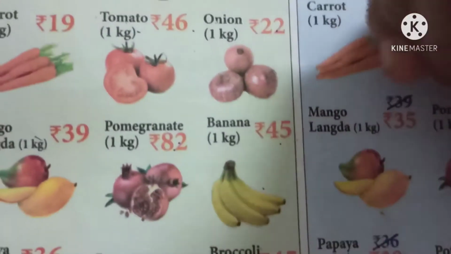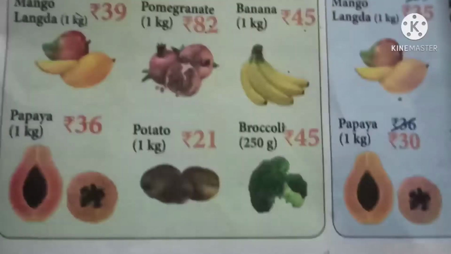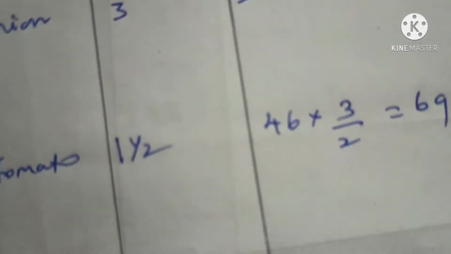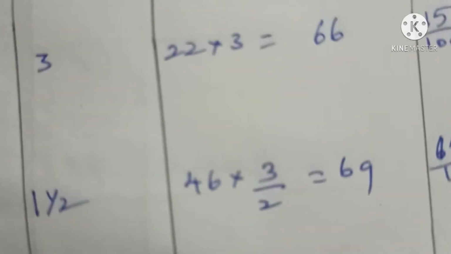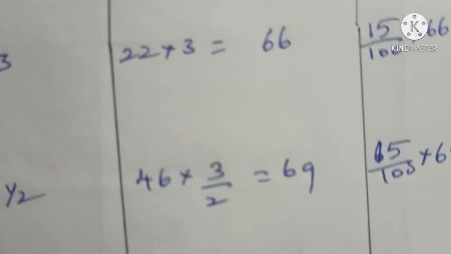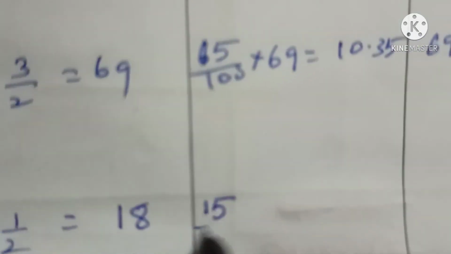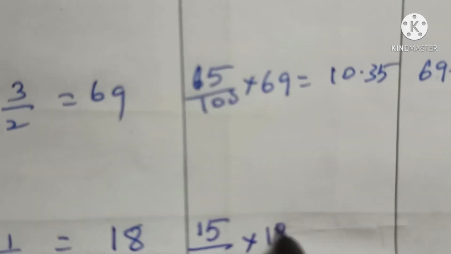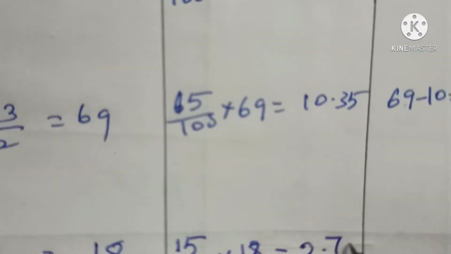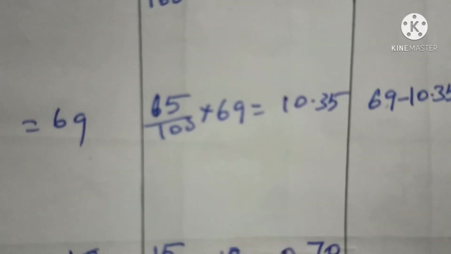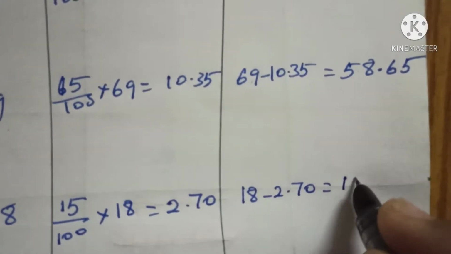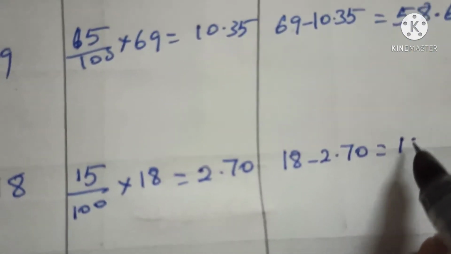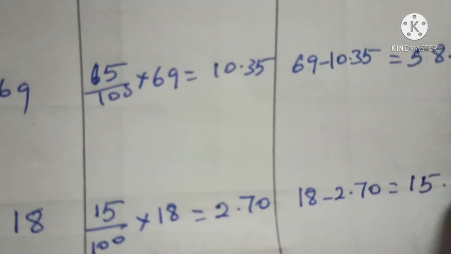Here 1 kg of papaya is 36 rupees, but we need only half kg. Therefore 36 into 1 by 2, which is equal to 18, and discount offer is 15 by 100 into 18, which is equal to 2.70. Therefore 18 minus 2.70 is equal to 15.30. And then last one is